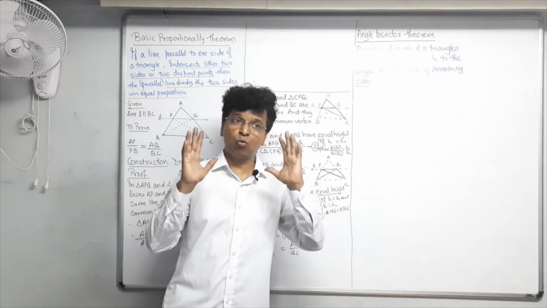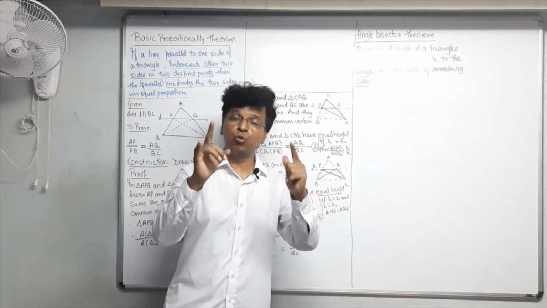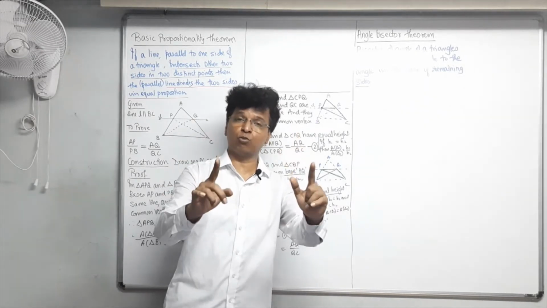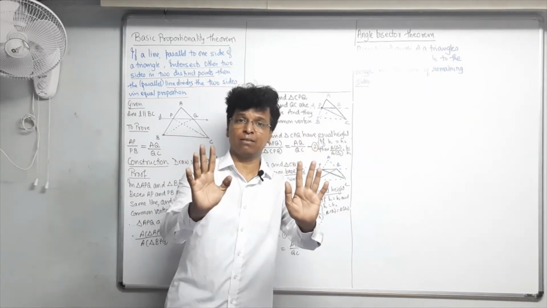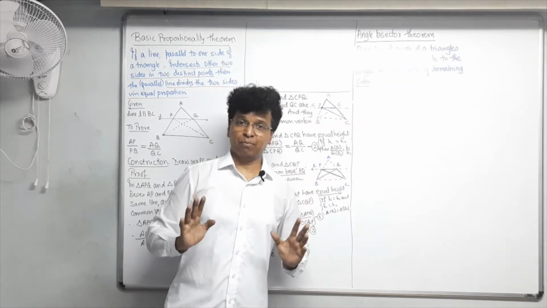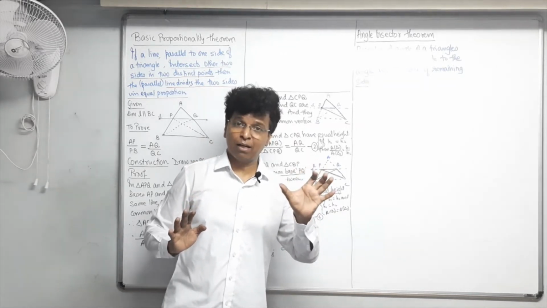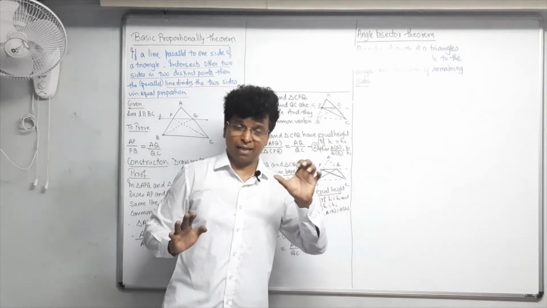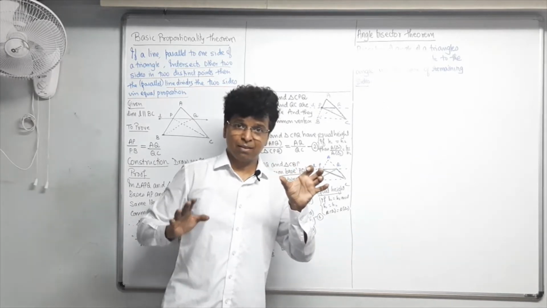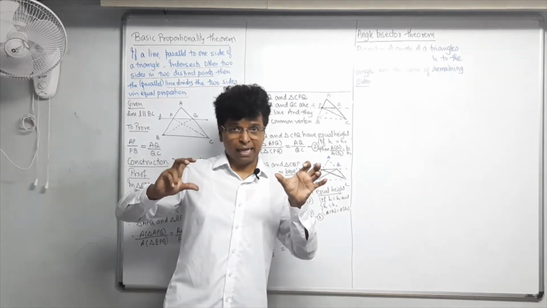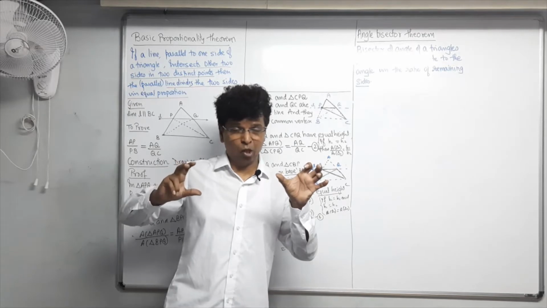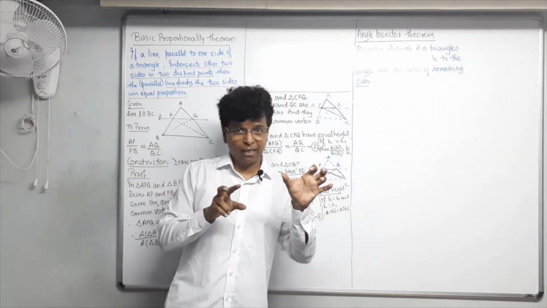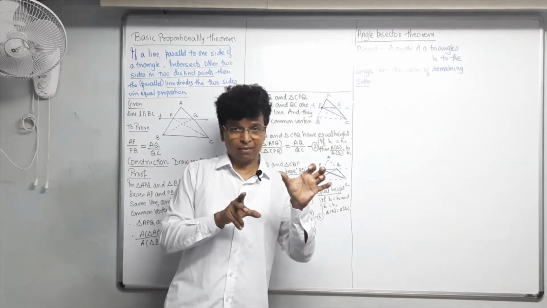I can only make you think about what you are supposed to think, but you will have to think, and you will have to speak, and you will have to understand. See, I repeat, when the triangles have equal bases, the ratio of the areas of the triangles will be equal to the ratio of their heights.